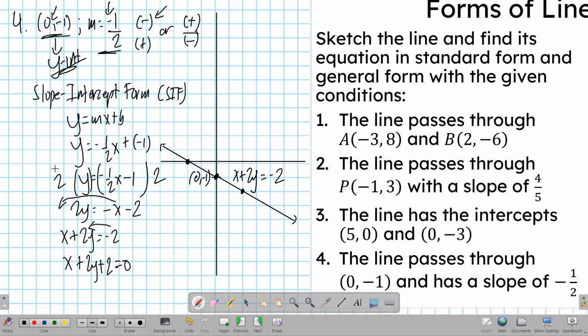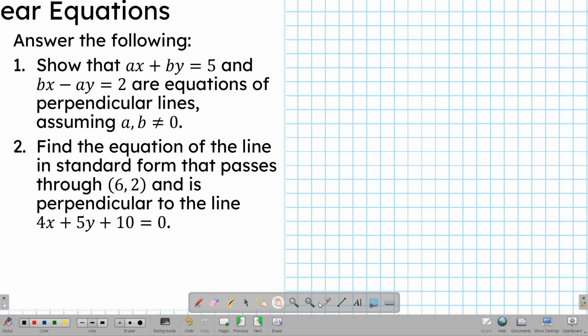standard form. Ito mismo yung slope-intercept form. Yung y is equal to negative 1/2 x minus 1. Yan ang slope-intercept form. Ito ang standard form. Ito ang general form. Now, let's look at some advanced problems regarding equation of a line based on the different